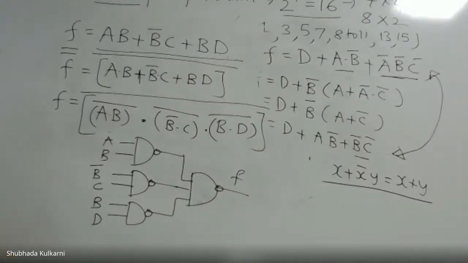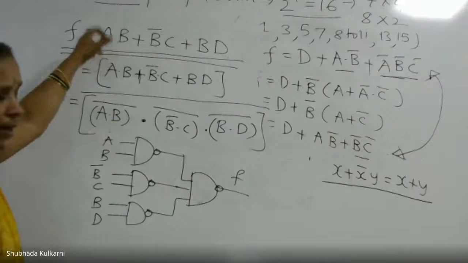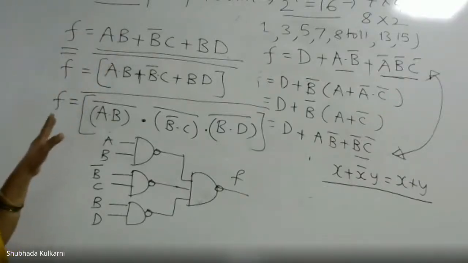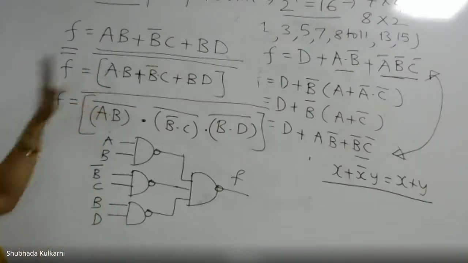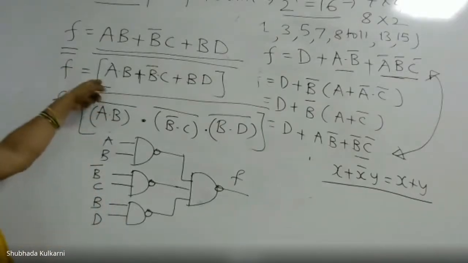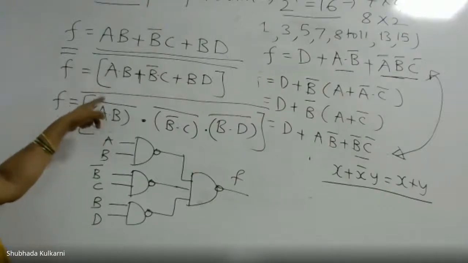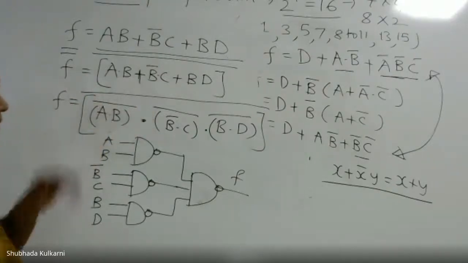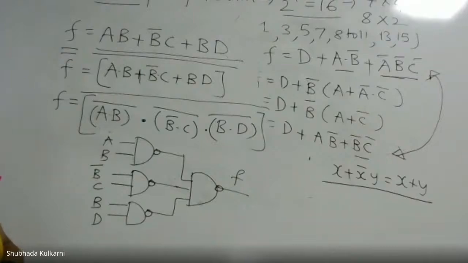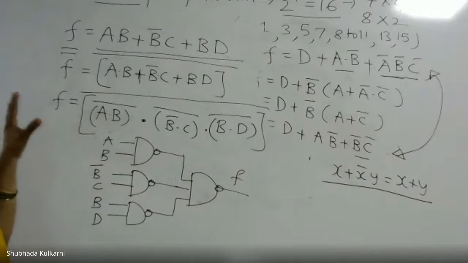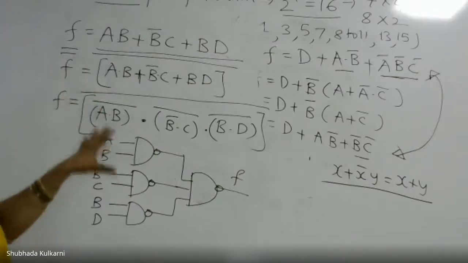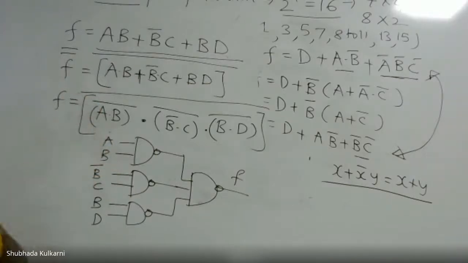So any SOP expression, whether it is simplified or the standard one without simplification, you can realize by using NAND gates. For that, one thumb procedure: take double complement, solve the inner complement by using De Morgan's, so that it will look like a whole NAND expression. Or otherwise, what is the traditional procedure? Replace each AND expression by NAND and then OR by NAND, which is quite tedious. That's why I told, for a bigger expression, this will be simpler than any other method.